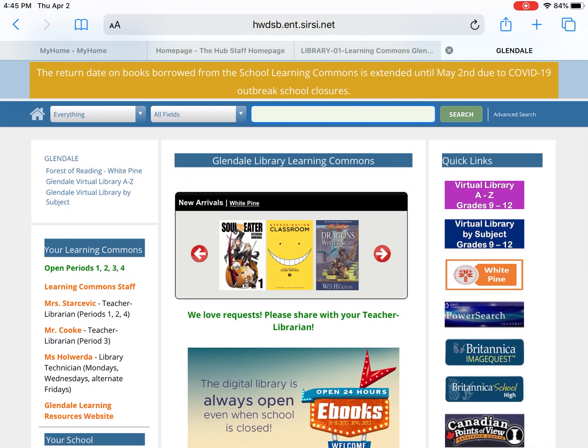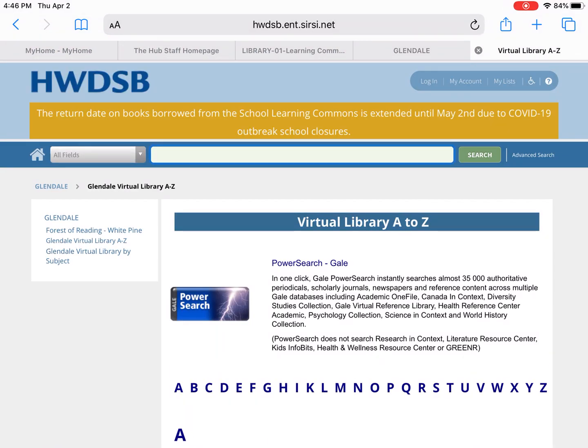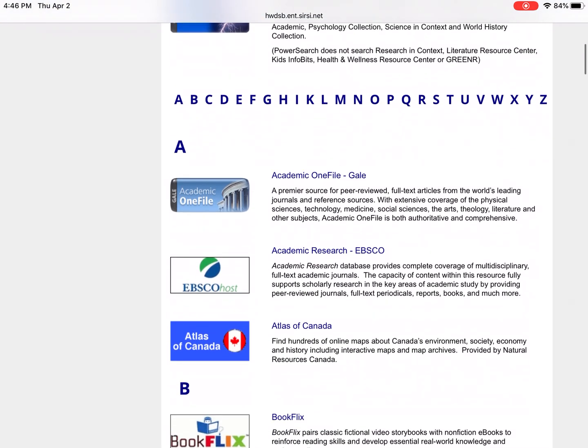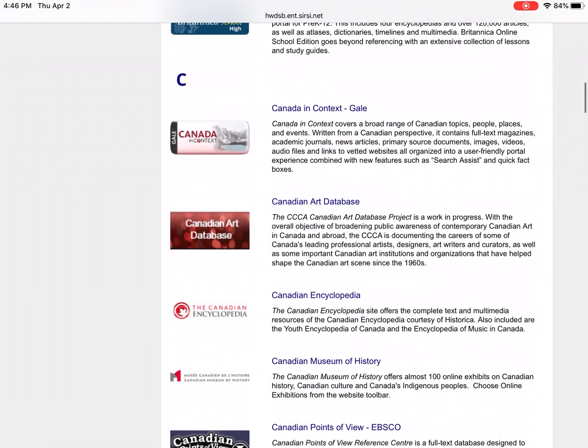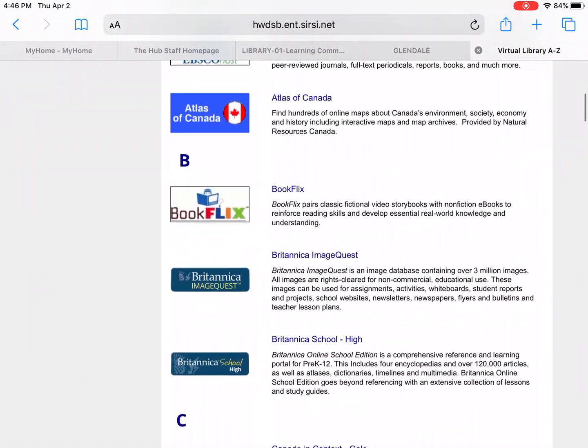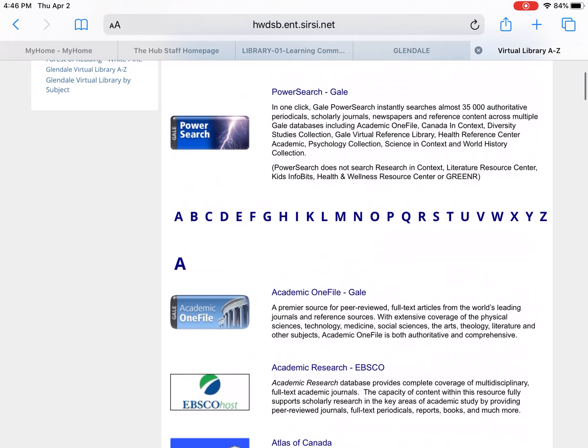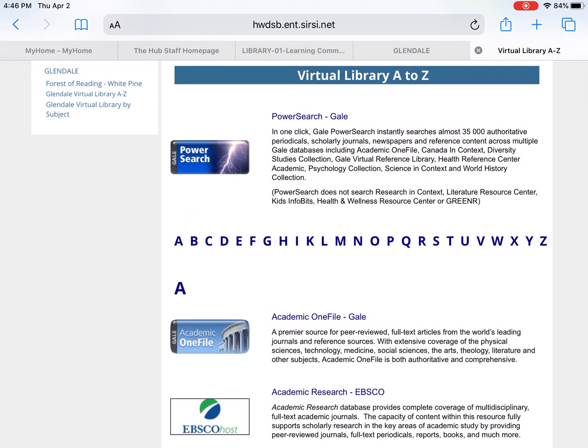All of these things are tied to the virtual library A to Z. So I'm going to go in there and you'll see that it is listed A to Z, so the entire alphabet. And what I tell students is that each of these buttons represents a library in itself. So if you were to walk in through the library doors, you would be able to see that in one room we have a variety of resources, and they can be